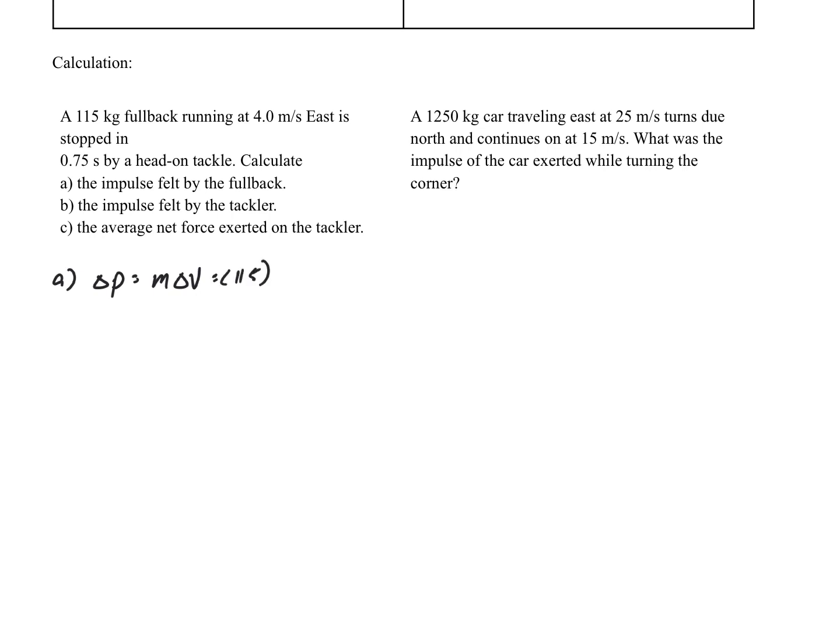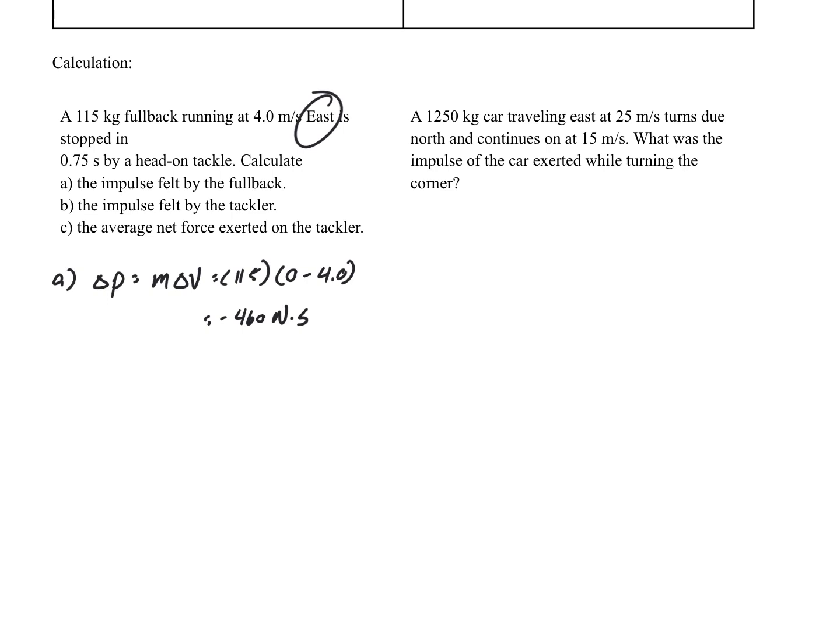The final speed is going to be 0, because we're stopping him, while his initial speed is 4.0 meters per second. Remember, this is pointing to the east, so if I look at my compass rose, it's negative. So I end up getting negative 460 newton seconds. So that's the impulse felt by the